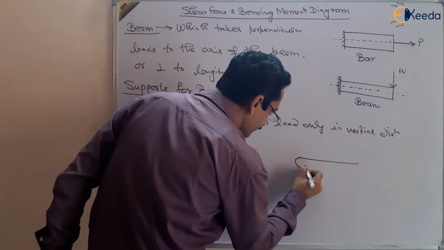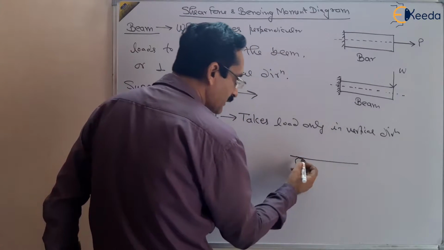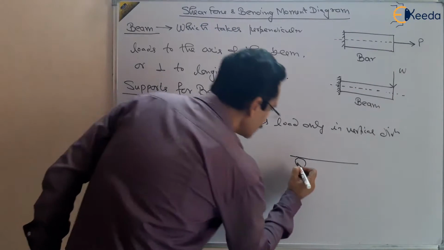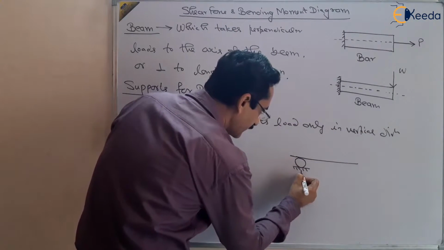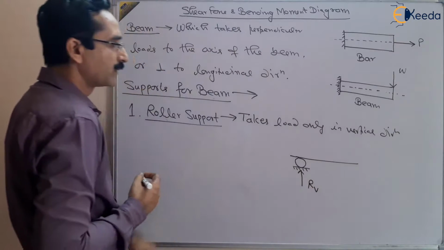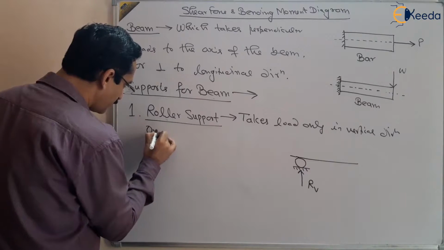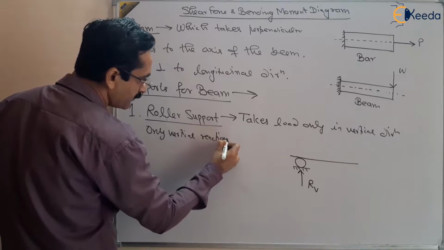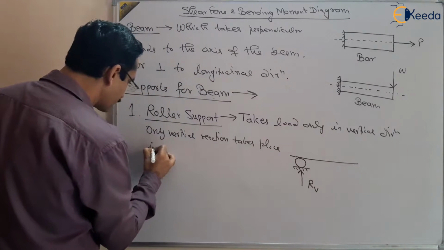So suppose this is a roller here, and this horizontal is a beam. We have applied a roller here, right? This type of support is called roller support, and there is only one reaction, the vertical reaction. I am writing RV. So only vertical reaction takes place in roller support,